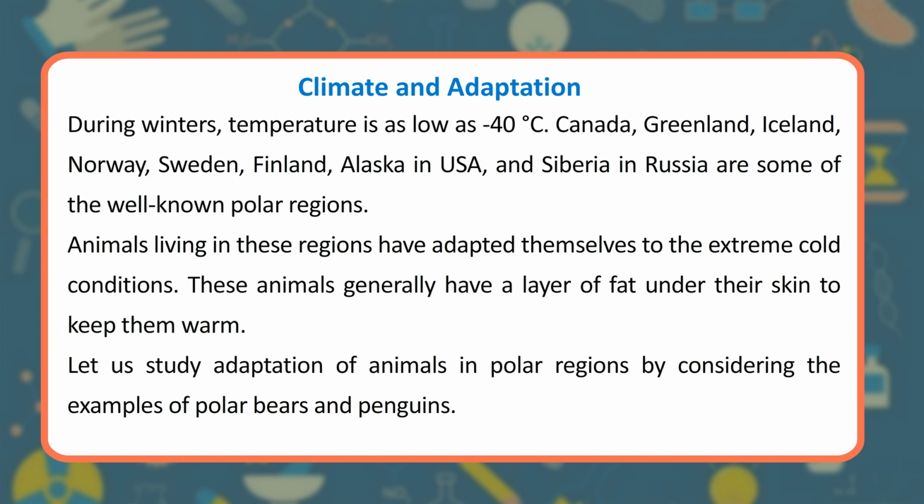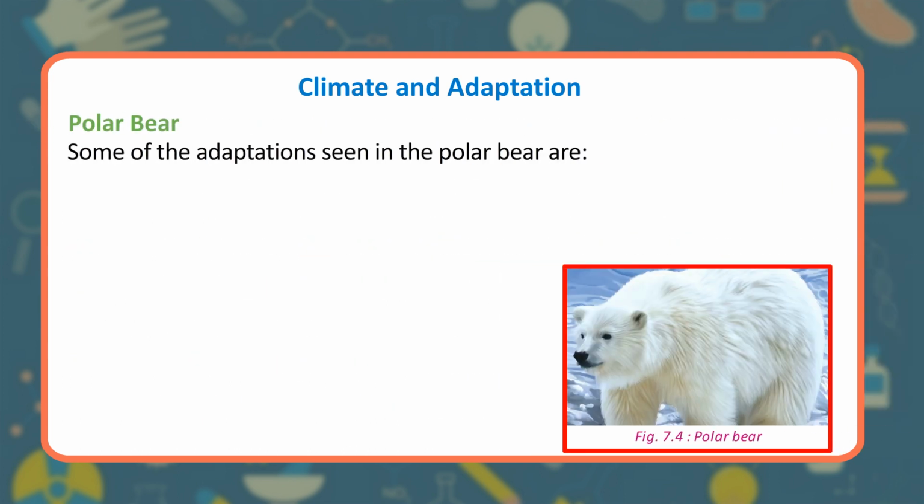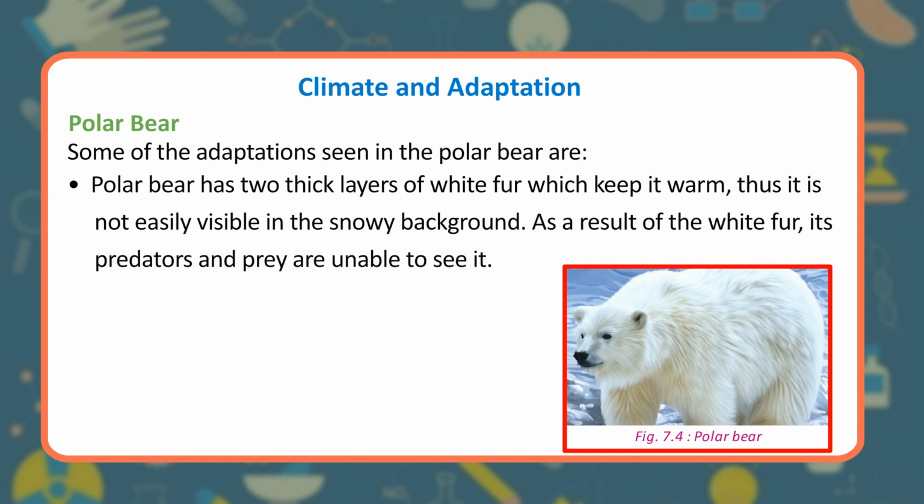Animals living in these regions have adapted themselves to the extreme cold conditions. These animals generally have a layer of fat under their skin to keep them warm. Let us study adaptation of animals in polar regions by considering the examples of polar bears and penguins. Polar bear. Some of the adaptations seen in the polar bear are: the polar bear has two thick layers of white